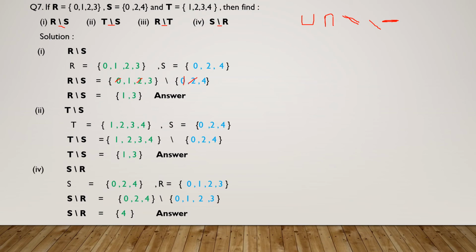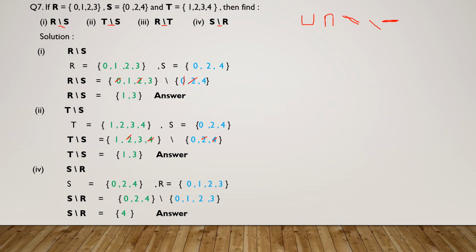Now simply check which elements are present in both the sets. 2 is here, 2 is here, just cut down this 2. We don't need this 2. 3 is here, no, 3 is not here, of course we need it. 4 is here, 4 is also here, we don't like this 4, we will cut this 4. Now see, the remaining elements of the first set are 1 and 3. We will not write this 0. This is against the definition of difference. In difference, we will write all the elements of the first set which are not present in the second. So we will write 1 and 3.